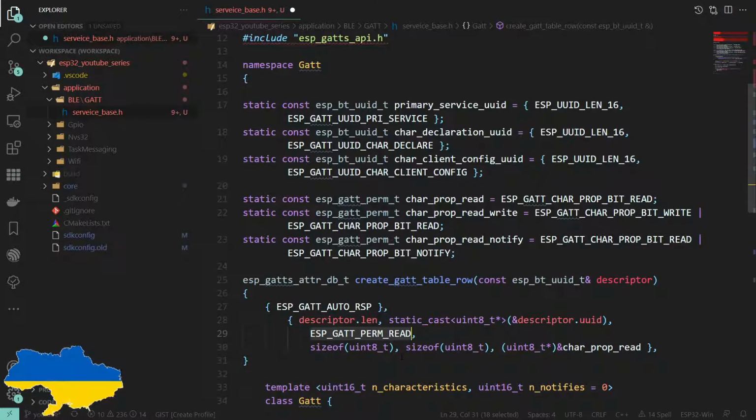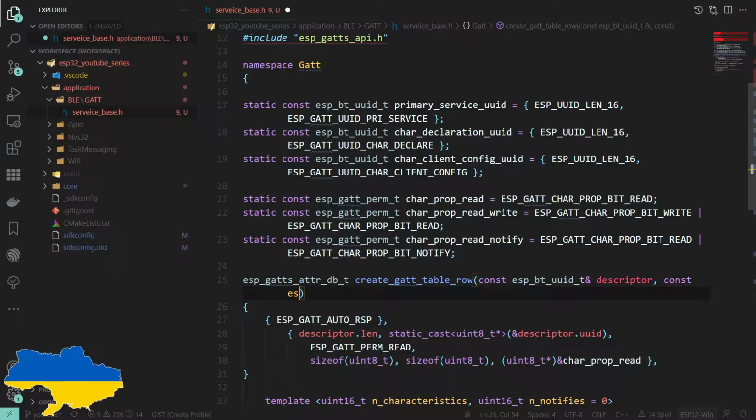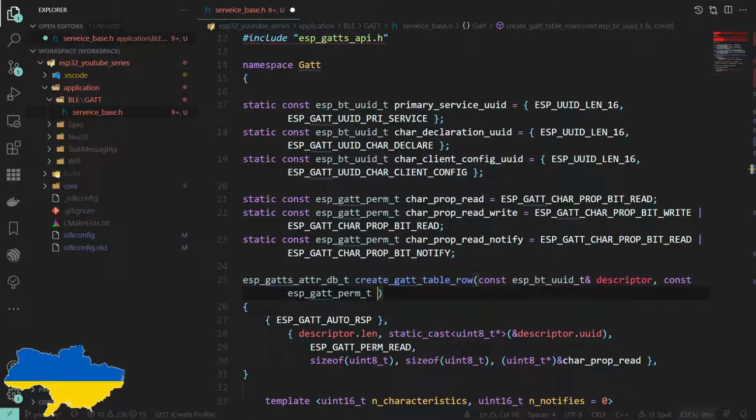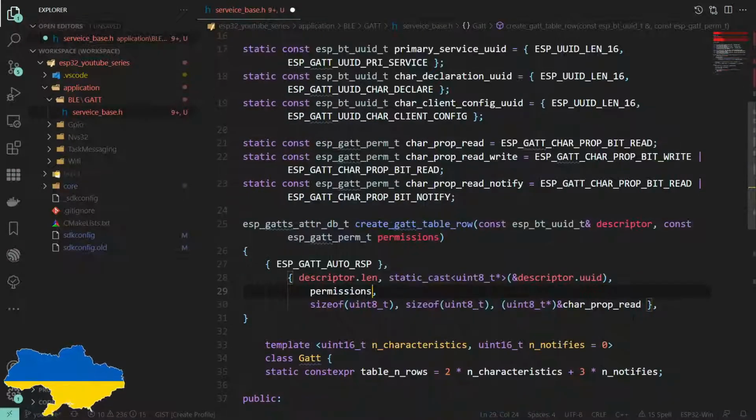So the permissions, well, it depends which one of these we want. So we're going to have to pass that in, which is going to be a const esp get perm type, and that goes straight into this table. Oh, actually, does it? No, I'm chatting rubbish.